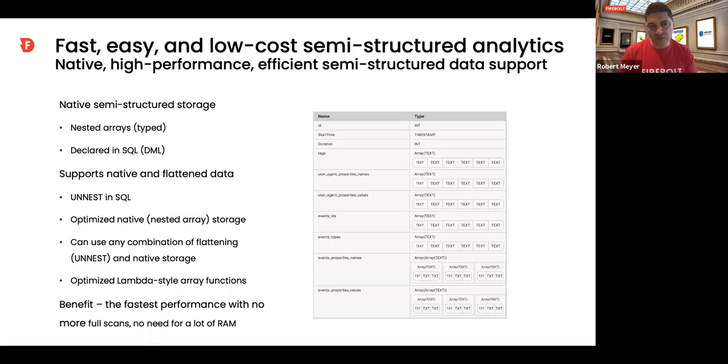With something like Firebolt and this kind of structure, it means you can have smaller nodes and faster compute, because take something like Snowflake. In Snowflake, you put all the JSON into a variant column, and you have to pull all the JSON out as text, load it into RAM, and process it. That's basically how it works. That means you need a lot of RAM, and you have to do full scans of the JSON, which is a lot of compute. We are back to the situation of having a large node requirement inside Snowflake. And a large node requirement is not something you want in Snowflake. It's a very costly requirement because you have to go up to a huge cluster size, right?